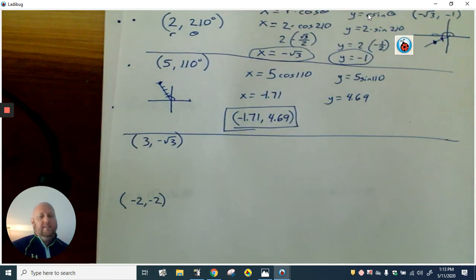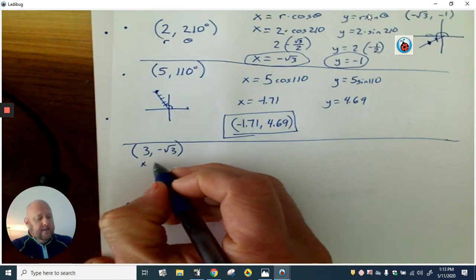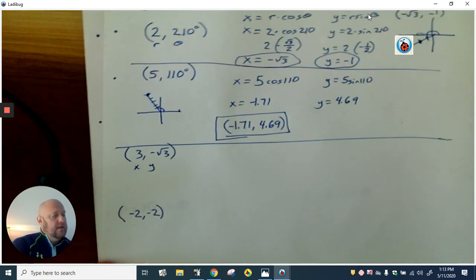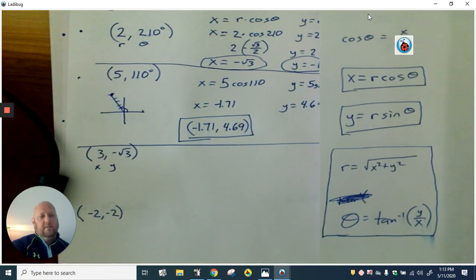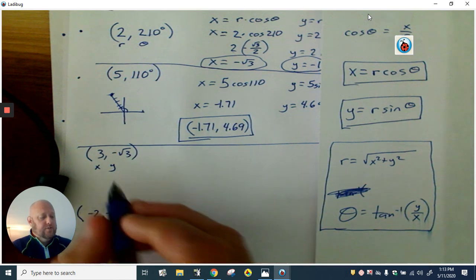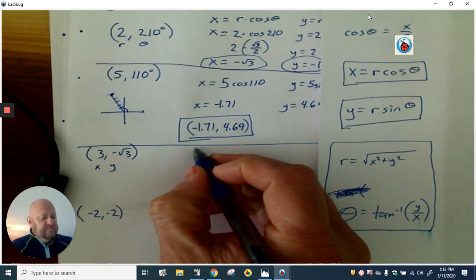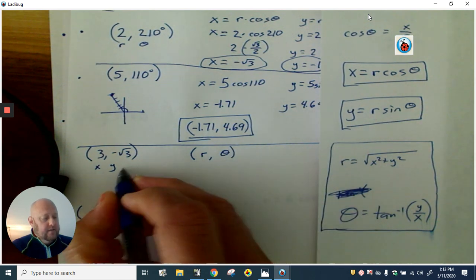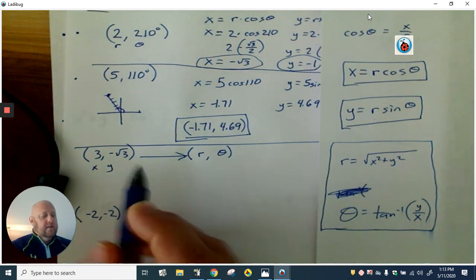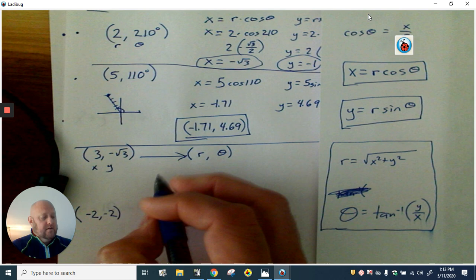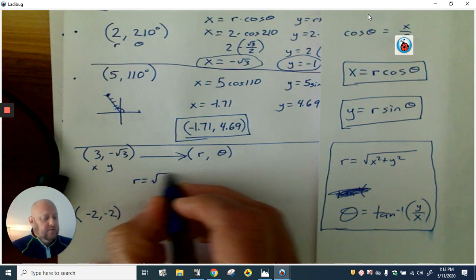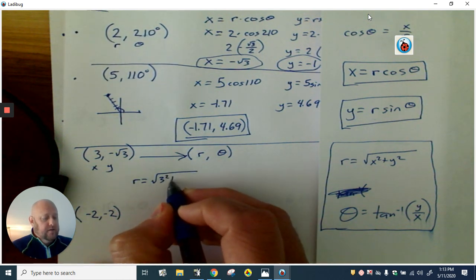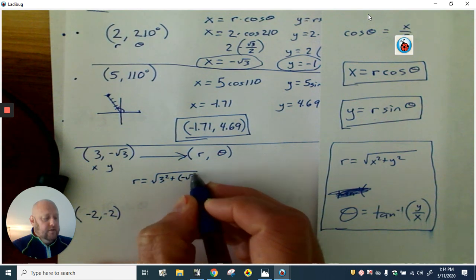So let's take, for example, this. I have an x and a y, and I want to turn this into an r and a theta, okay? So that's my goal here. Well, how do we find the r? The r is just going to equal the square root of 3 squared plus negative square root of 3 squared. Well, 3